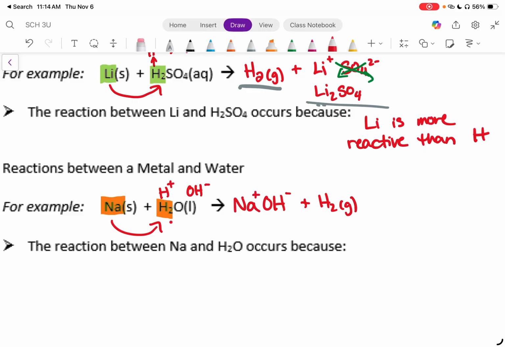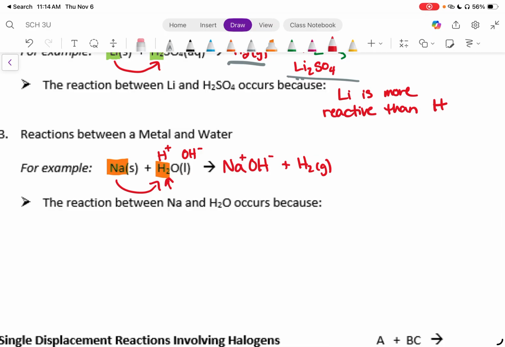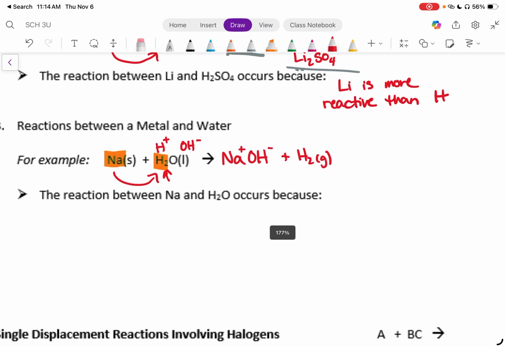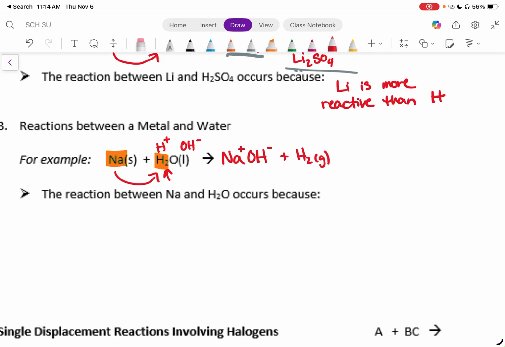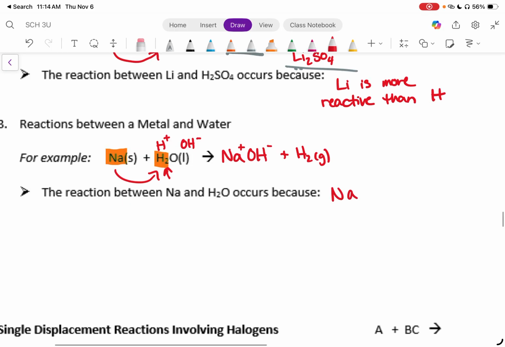Right, because think of it as displacing this H2. Obviously, this is not balanced. The next step would be to balance these equations, but the reaction occurs because sodium is more reactive